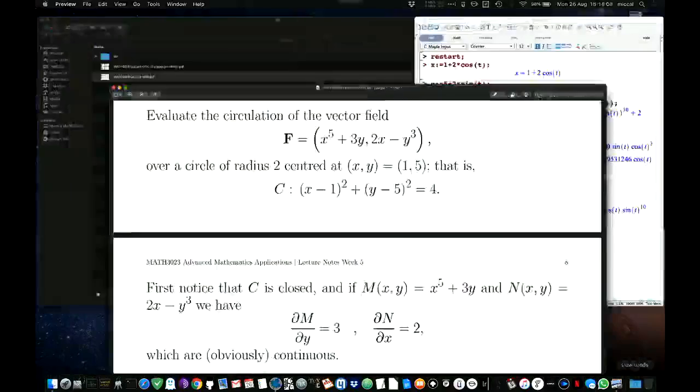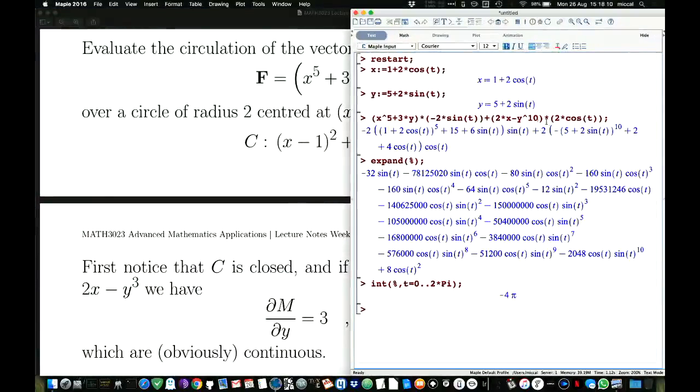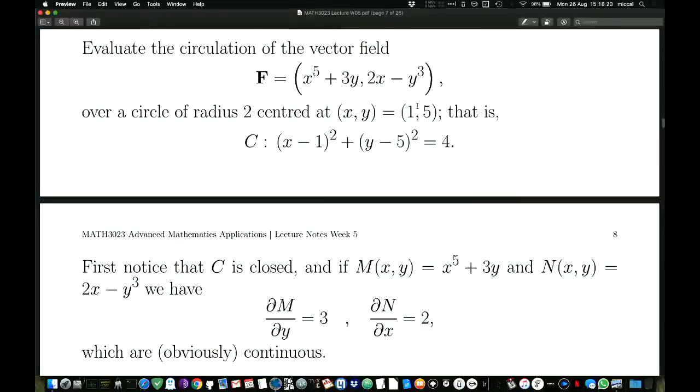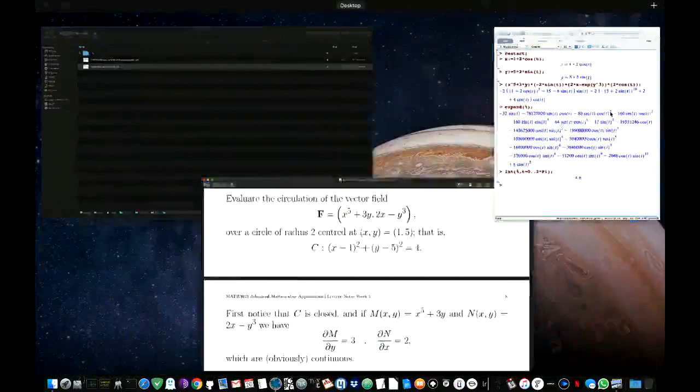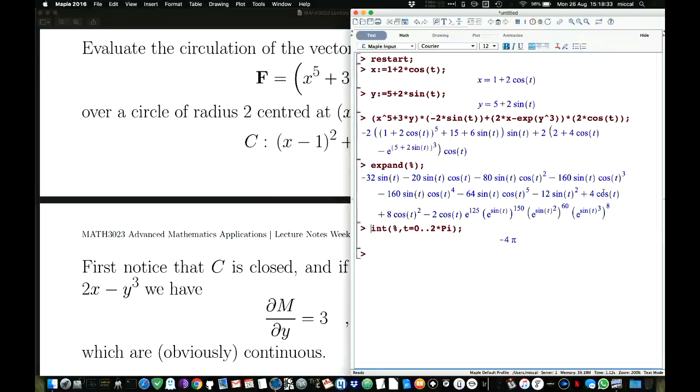And I actually stole this question from a textbook where it was e to the y cubed, not y cubed, right? Now, if that was e to the y cubed, none of this changes, right? Because partial doesn't affect the answer, does it? Yeah? But if I asked,